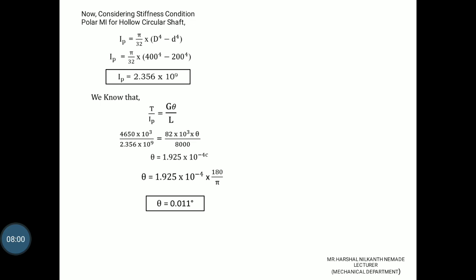We know torsional formula is T upon Ip is equal to G theta by L. Substitute the values, I will get theta is equal to 1.925 into 10 raised to minus 4. By multiplying 180 divided by pi, it will be converted to degrees, that will be 0.011 degree. Okay,